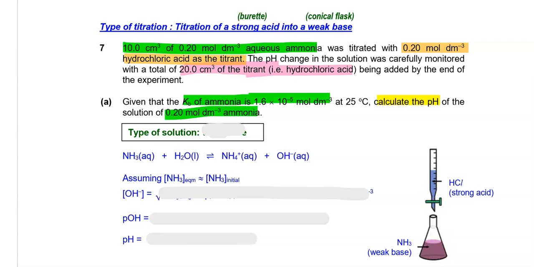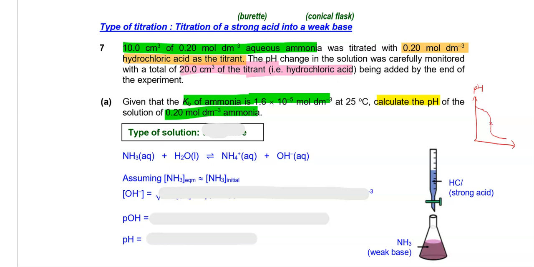So for such a question, if you were to think through a titration curve, you expect the titration curve to look something like this. It will be called the Z-shaped curve. pH will be high because you start off with ammonia, a base, and then you have a region of rapid pH change, and then after that,